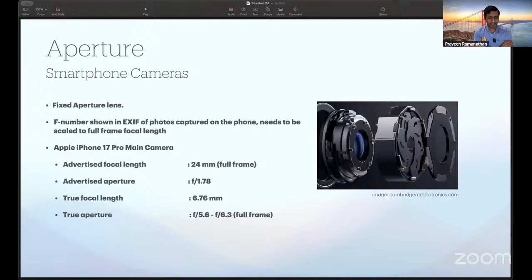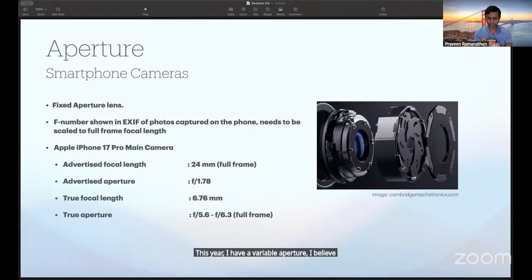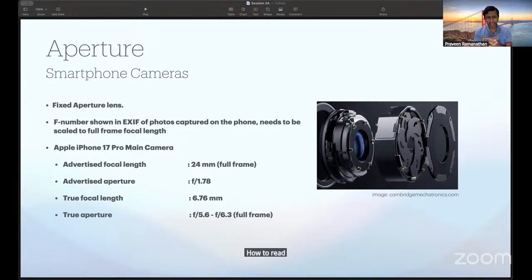Just let's quickly look at smartphone cameras' aperture. Most of the smartphone camera lenses right now have a fixed aperture. Only a few smartphones that have been launched this year have a variable aperture. I believe Xiaomi has one, and you will see more of these variable aperture sensors coming up in the next few years. Samyukt went over how to read the EXIF of a photo